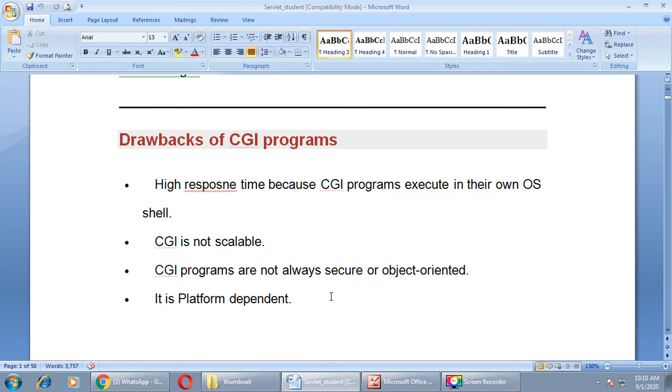CGI programs are not always secure or object oriented, whereas the web applications developed through Java servlets are more secure, and we can even develop an application with the help of object oriented concepts. CGI is a platform dependent language, whereas applications developed through the servlet are platform independent. So here you can see the drawbacks of CGI programs.